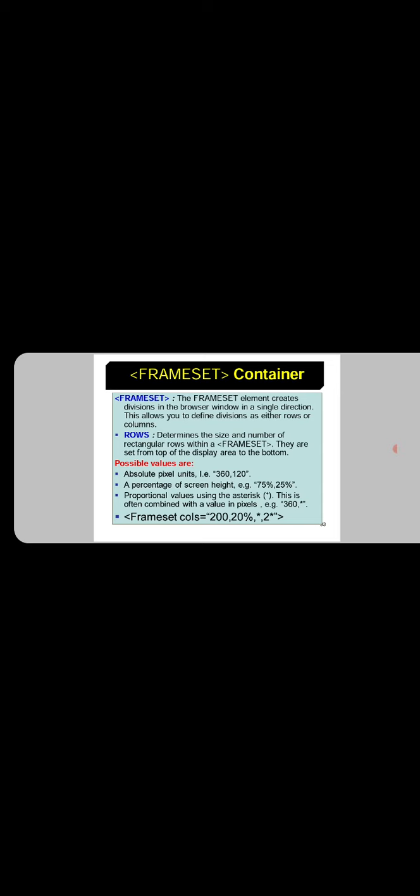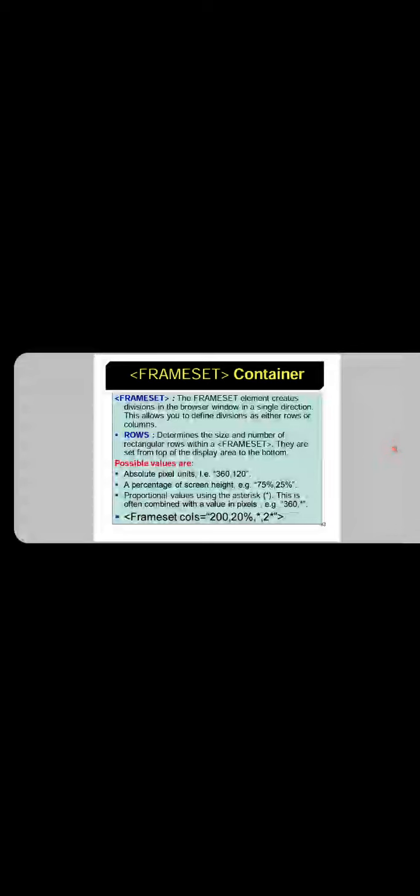The frameset tag is generally used to set the properties of the frames created in a page. The frameset tag contains two attributes, rows and columns. Rows are used to divide the given screen into a number of rows, that is, horizontal frames. Similarly, the columns parameter is used to divide the screen into a number of vertical columns, so that we may create horizontal and vertical frames by using frameset.